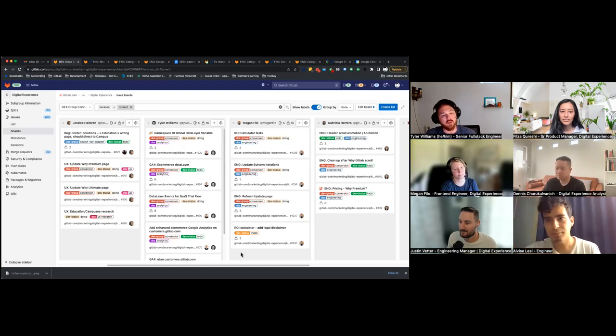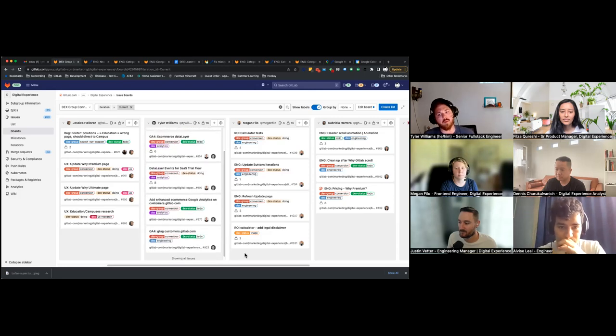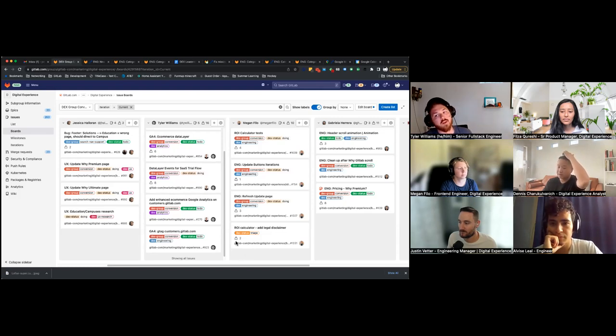And then it looks like there's maybe some missing or new data layer events for the SaaS trial flow. And Dennis, question for you on this. Did you give that to me in the GA4 stuff, or do you need to convert that over before I work on it? So you only need to do GA4 for ecom. Oh, cool. Everything else is the same. It's just pushing stuff into the data layer. Yeah, don't do them yet though, the ecom one,